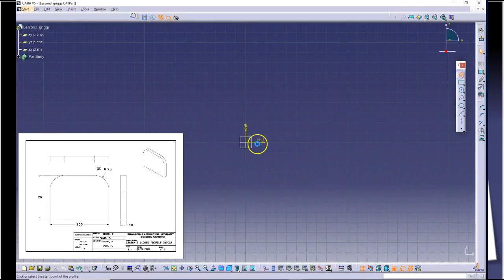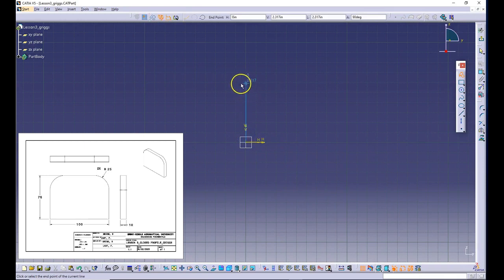We'll start with the profile tool. I'm going to start at my origin, make my first point, make a vertical line. I want to lock into that origin there. I'm going to click and hold, turn the corner, and make a tangent arc. But I also want to lock in a 90-degree right